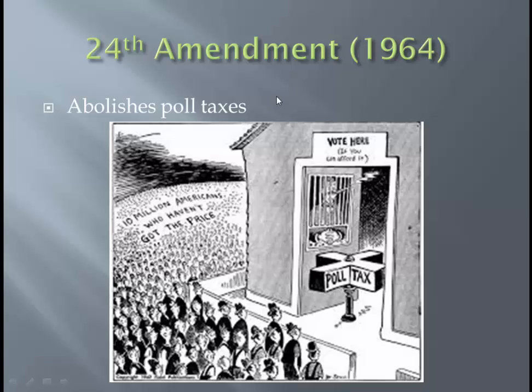24th Amendment. Down south, what they used to do to the newly freed men, or the black men who were attempting to vote, is they would charge them a poll tax. Well, our federal government created an amendment to the Constitution that says, you know what? You don't have to pay a poll tax before you vote. So all these people want to vote, but they can't. You know why? Because they don't have the money to pay the poll tax. So this was a barrier to voting. Only the rich people could pay the tax, so only the rich people were voting. Well, if you get rid of that, all these people can now vote. All right, so 24th Amendment says we are not going to have a poll tax.